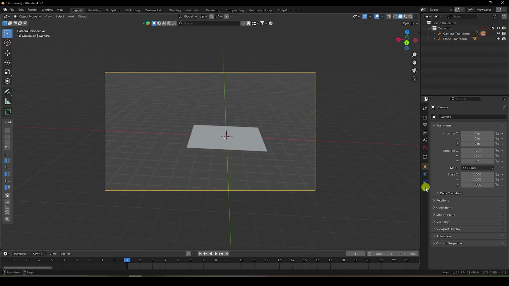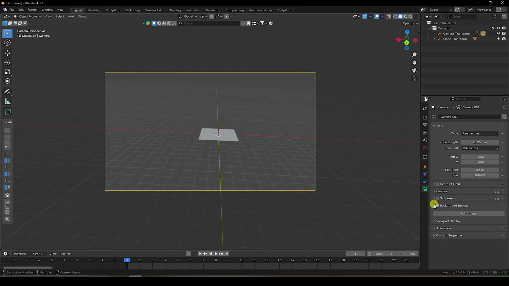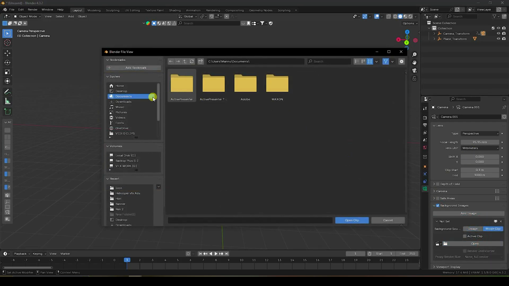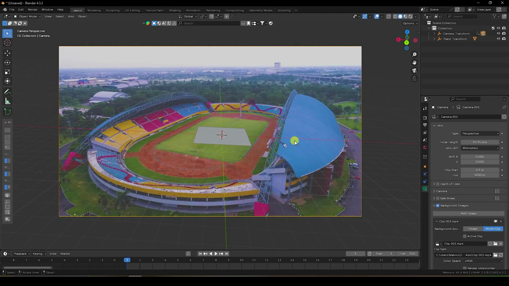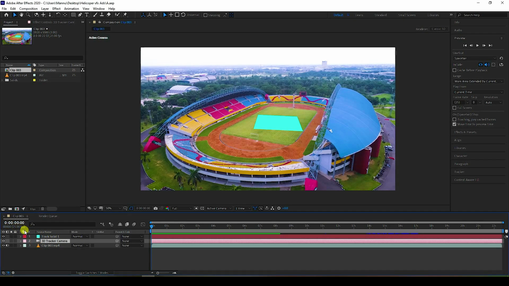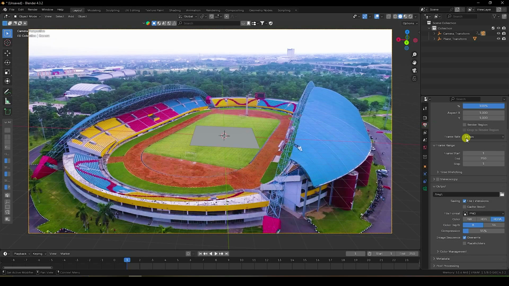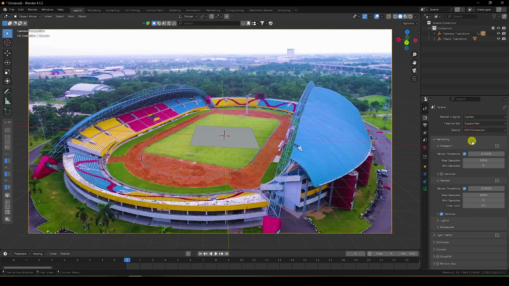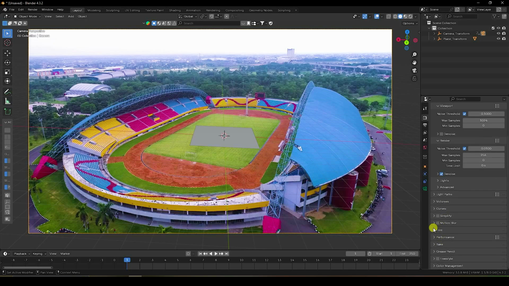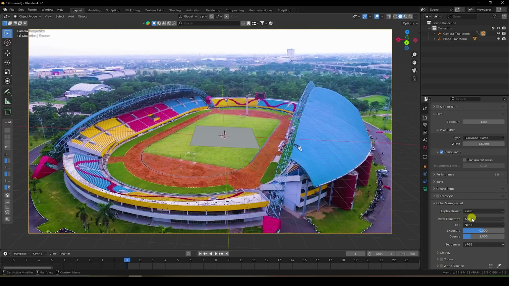Go here. That's my focal length, paste, yes, and go to background image. I apply the same movie clip. Select this one and apply, yeah, and that's my 25 fps. Also check opacity 100%, and set the frame rate to 25 fps. Change render settings to Cycles render, device GPU, and set samples to 256. Go to Film and check transparent. Go to color management and use view transform All Extended.